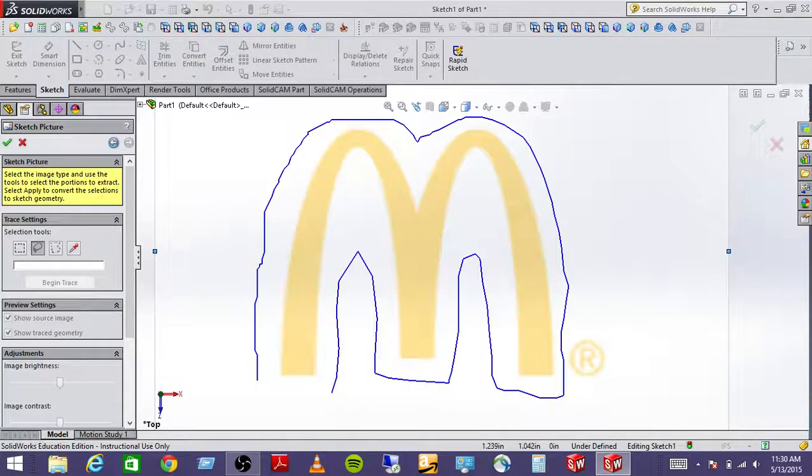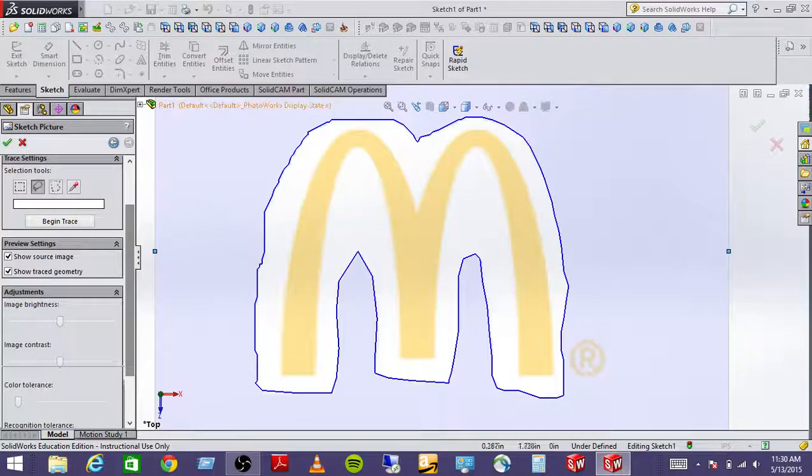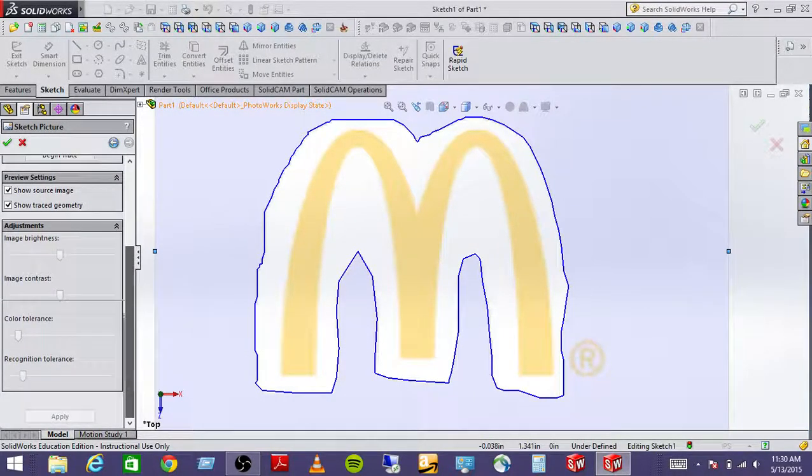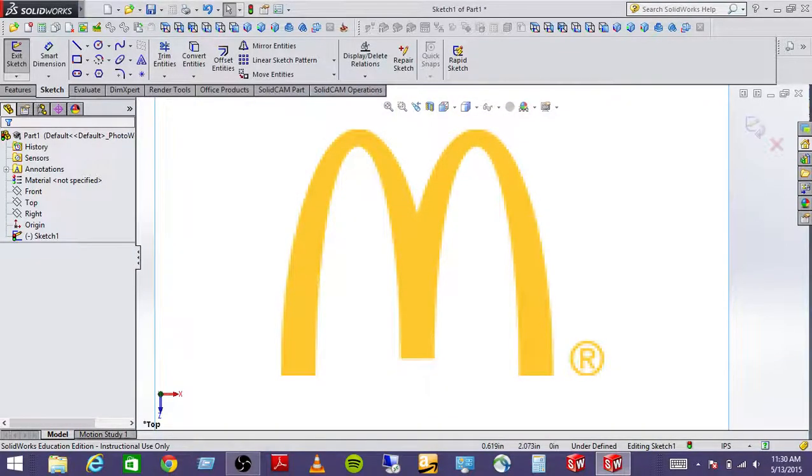So I'm going to drag this over, and then I'm going to make sure that I drag it over and make it coincident with that point. Okay, and then it's going to say, okay, I'm going to exclude the rest of that picture and only look within this boundary, and that's good. And then you can play around with these tolerances on brightness and contrast, and that might help SolidWorks get a better approximation for this thing. Now I'm going to go ahead and hit OK, accept it, and you'll see that SolidWorks